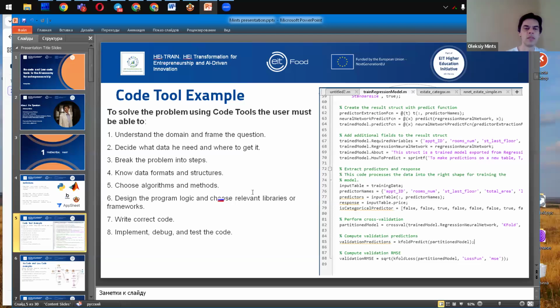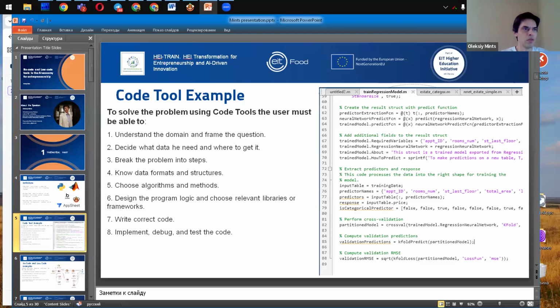The next slide shows an example of solving the same task in a code tool and in a low-code tool. To compare code and low-code tools, let's consider them.